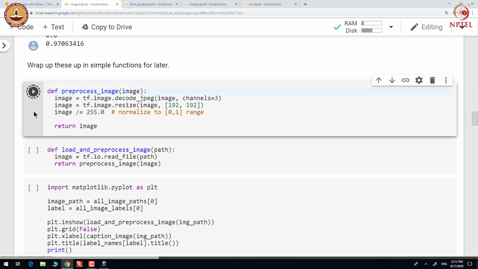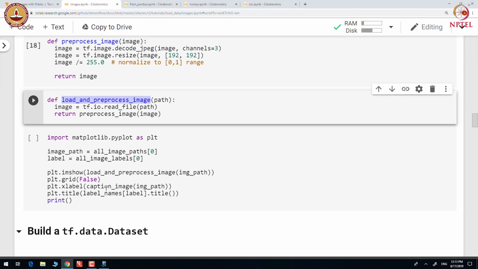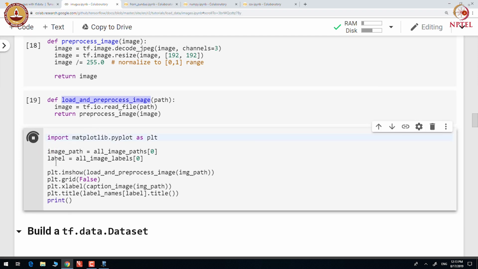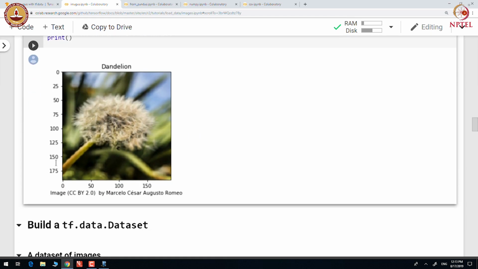And we wrap load and preprocess in the load_and_preprocess_image function. And let us look at some of these images after preprocessing.